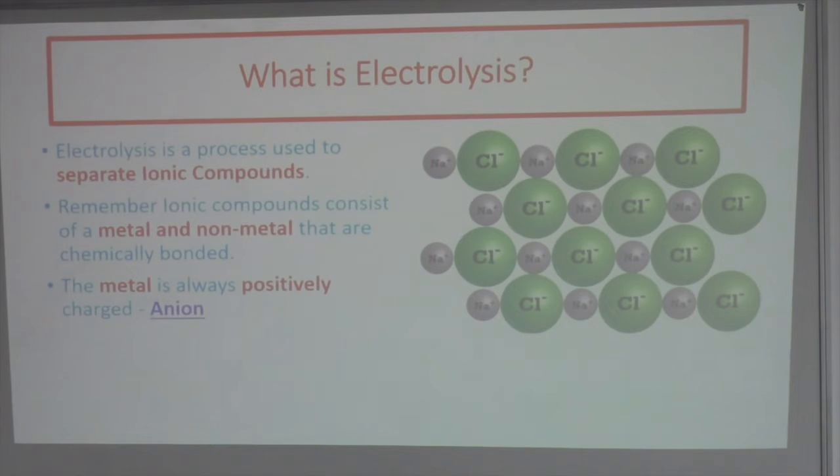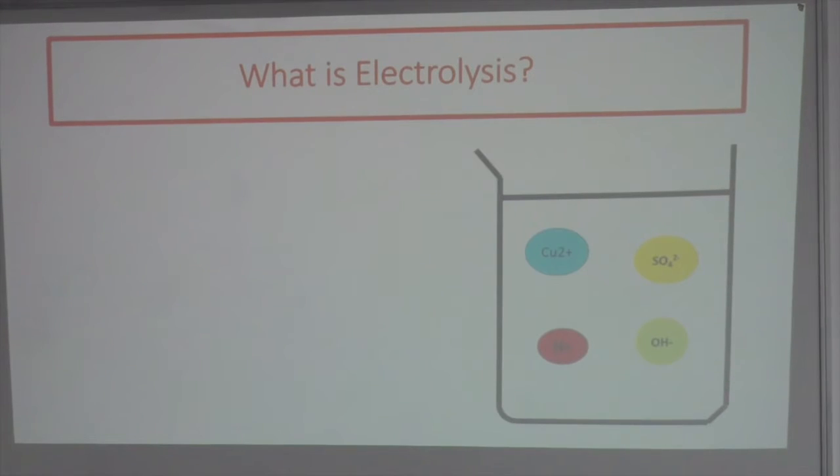The metal is always positively charged. We call these cations. And the non-metal is always negatively charged, anions. So electrolysis separates the metal from the non-metal. So here's an example